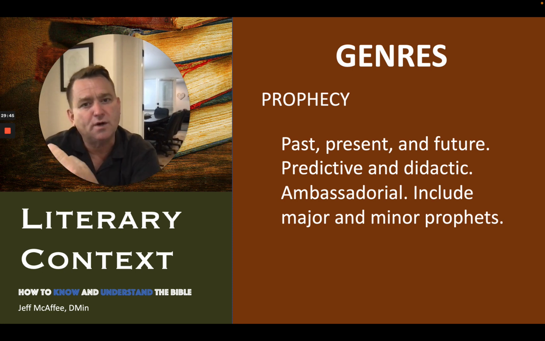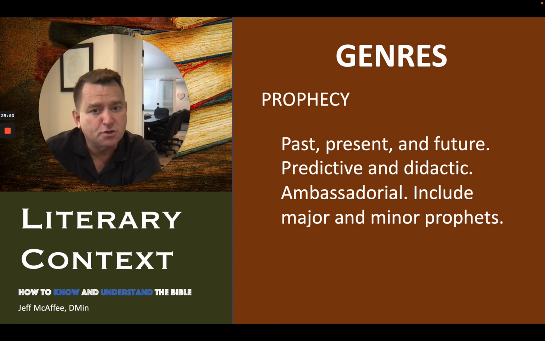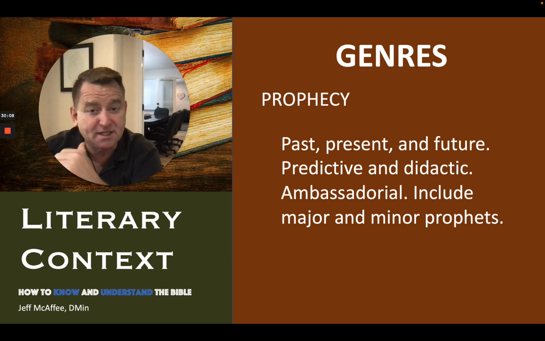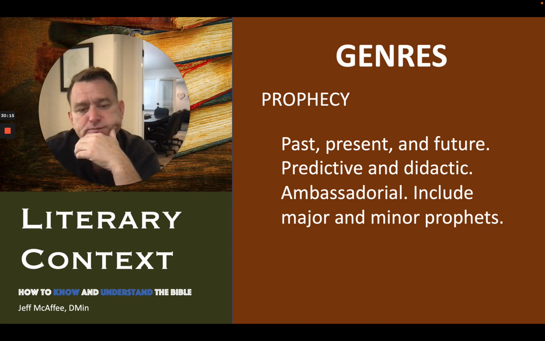And they are giving a warning about stuff that's going to happen in the future. Normally, the future components of prophecy are dealing with warnings to Israel like, hey, you've been busted, you've been sinning, you better stop and repent, or here is the damage that's going to come your way. And that's the stuff that was telling them about future stuff that would happen to them. With that, they are predictive in nature, and they are didactic.